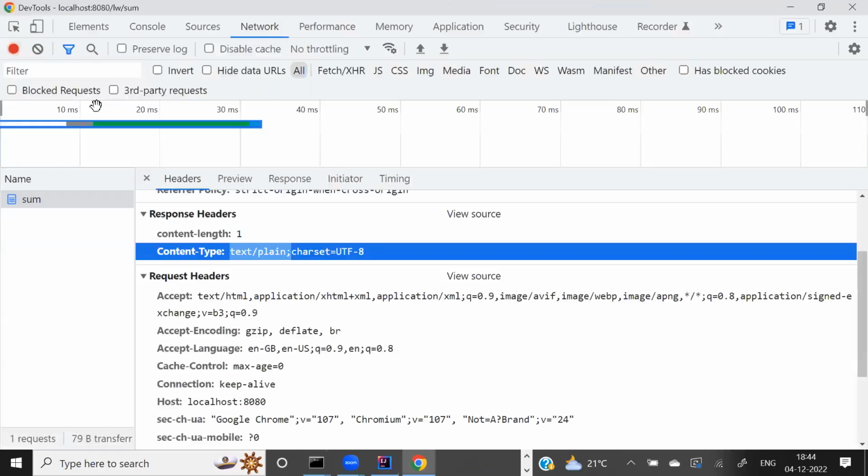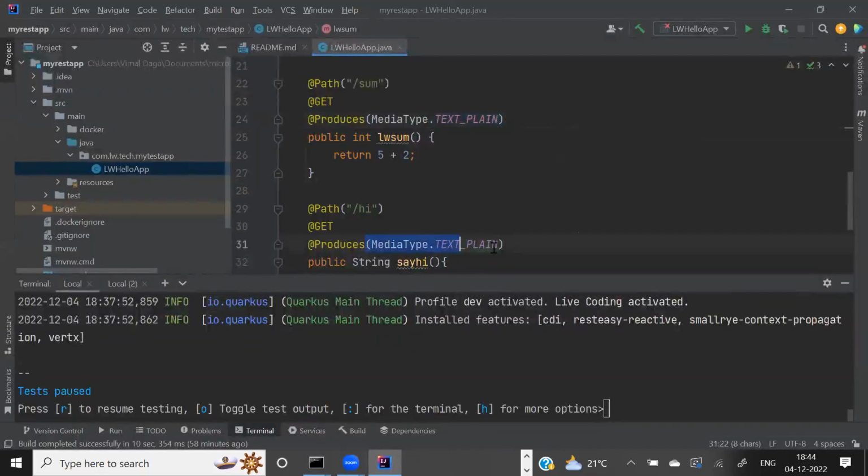If you don't know your type of data, you won't be able to consume it properly. By chance, if they give you a response, your app gives the response, and they respond with the data in plain text. So this is what your server gives to the client. Why plain text? Because that's what we wrote in the code. I need plain text only.